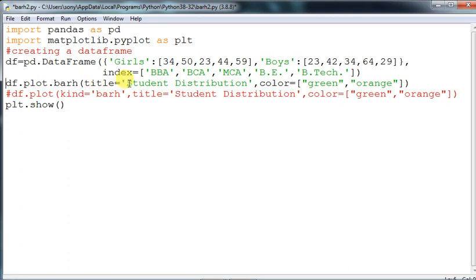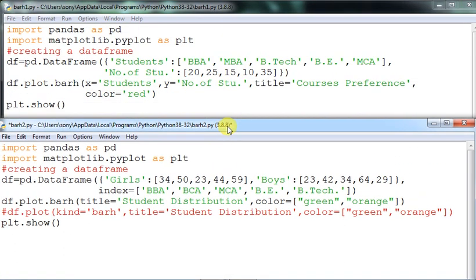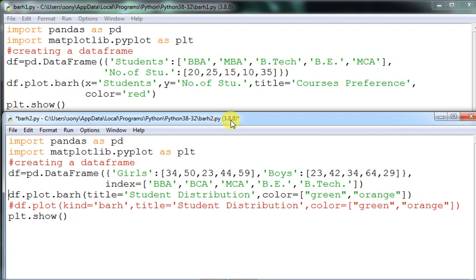Here the title has been taken, df.plot title. What is the difference? df.plot.barh, x equals student, and y are the legends, girls and boys. Why have we not taken the x-axis and y-axis? Because they have already been taken in the legends.